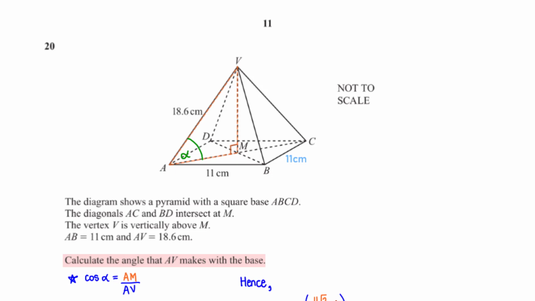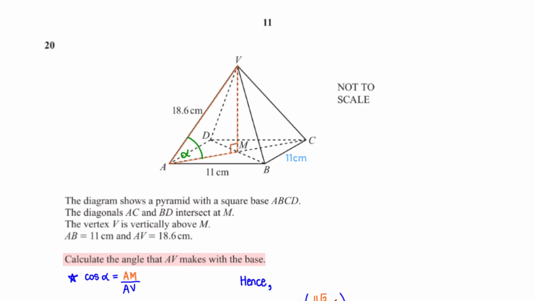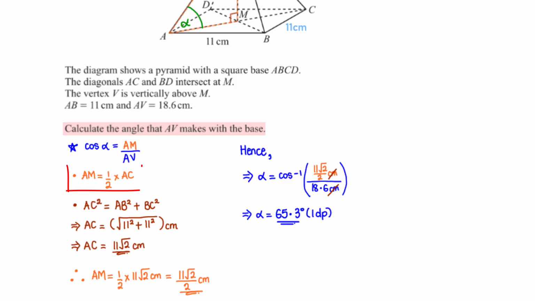We can find alpha by applying SOHCAHTOA. This gives us cos alpha equals AM divided by AV. We've already been given the length of AV as 18.6 centimeters. We need to find the length of AM. AM is half of AC. AC is the hypotenuse of the right-angled triangle ABC, and so we can find the length of AC using the